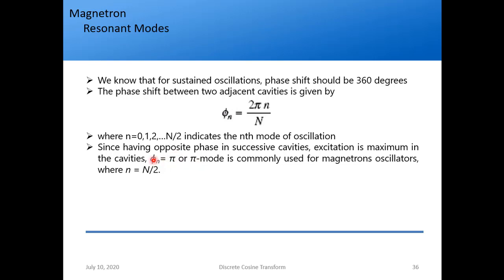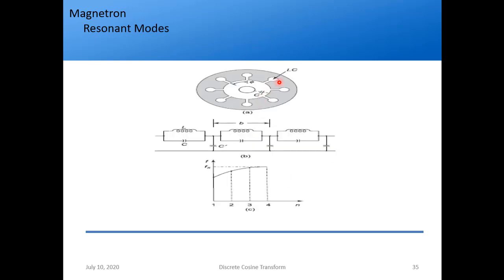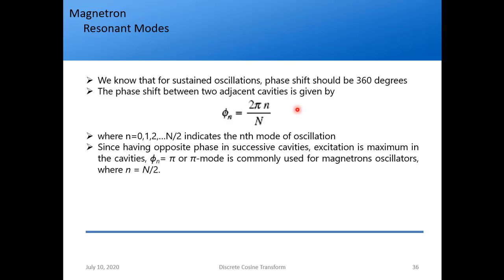is the pi mode. It is observed that if you have opposite phase in successive cavities, meaning if the electric field is pointed upwards in this cavity, it should be pointing downwards in the next cavity. So there should be a phase shift of 180 degrees between these two cavities. If you have a phase shift of 180 degrees between successive cavities, it is called the pi mode, and the excitation is maximum. So this is beneficial for us. That's why almost all the research is going on pi modes in